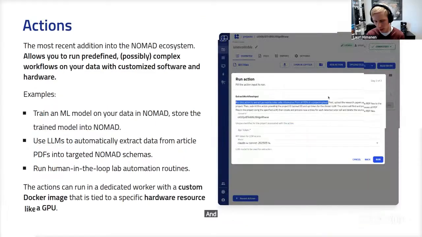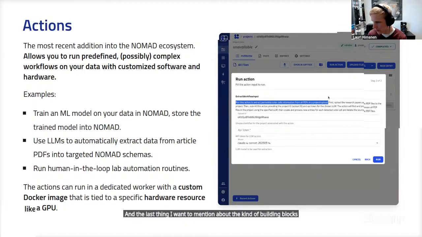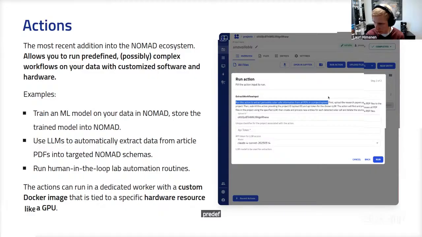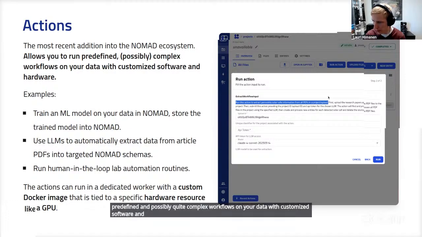And the last thing I want to mention about the building blocks that we have is the Nomad actions. So this is the most recent addition that we've added into Nomad, and these allow you to run predefined and possibly quite complex workflows on your data with customized software and hardware. And here I've given you some examples of what this can mean in practice.